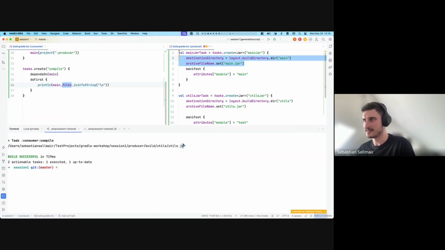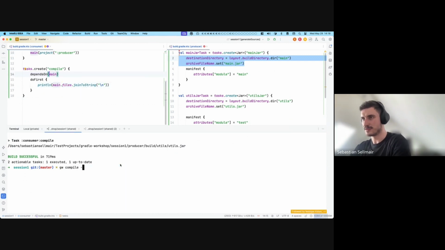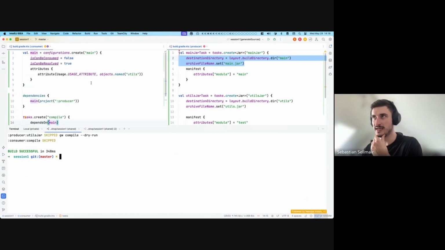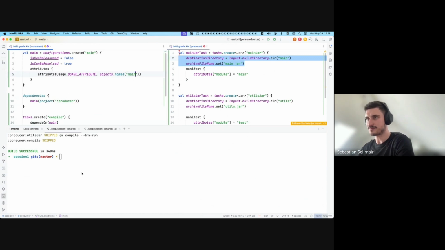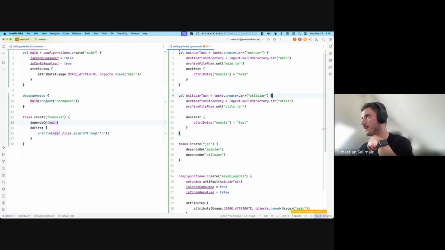And here it is. And the interesting part, because we said that we depend on this as inputs, if I do a dry run, you will see that it also has to produce the utils jar. And the cool thing is, it knows that it doesn't have to build me this main jar because nobody cares. If I call this main, and if I want to compile here again with the dry run, yep, it knows automatically that in order to fulfill this request for compiling, it has to do the main jar compilation. Okay, with that knowledge,